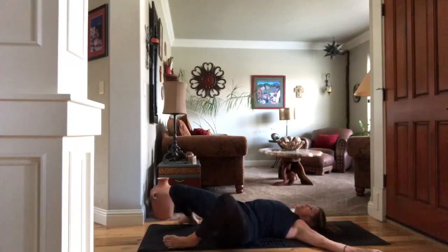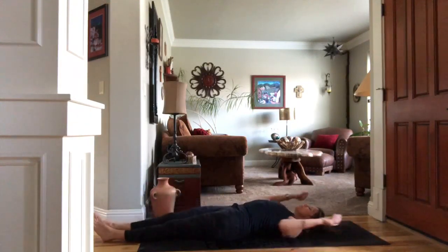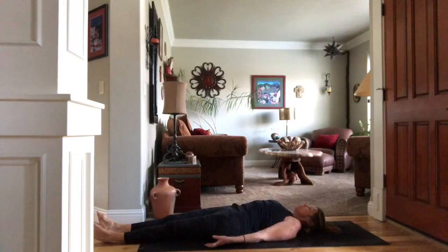And gently releasing here as we lift those knees. We'll extend our legs all the way down, bring our arms down by our sides, and just get comfortable now for Shavasana. So as we move through our practice, we've strengthened, stretched, and balanced our bodies inside and out. So we take this time to do the most important pose in yoga, Shavasana,